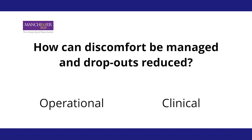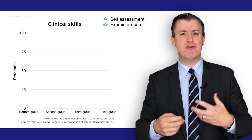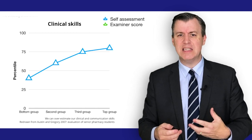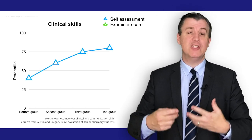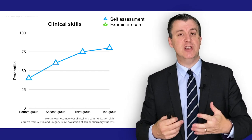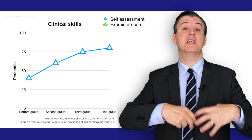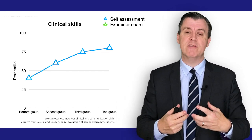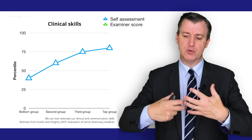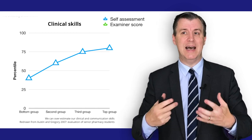Later on I'll be talking about some of the clinical management of this condition, but first let's talk about some operational considerations. I'm going to be talking about the Dunning-Kruger effect first of all. This is how overall we as humans and as clinicians can overestimate our ability in certain areas. So I think contact lens discomfort is an underestimated issue. I think it's more important than we usually give it credit for. But perhaps as individuals we can be a bit overconfident about how good we are at dealing with this